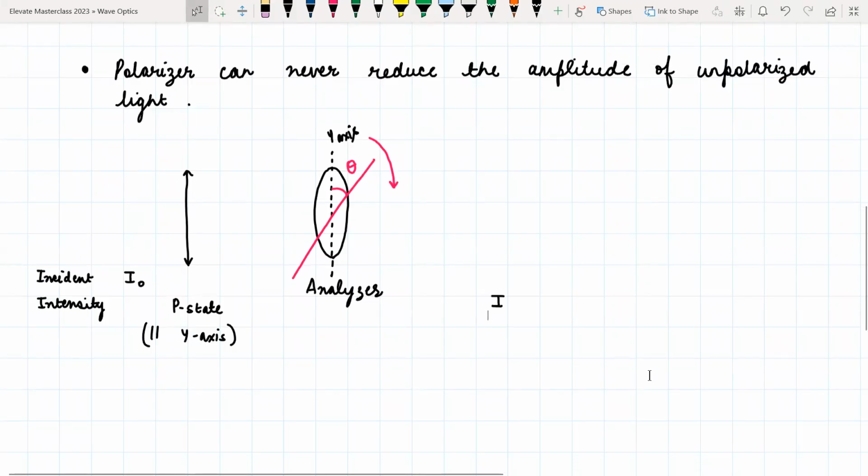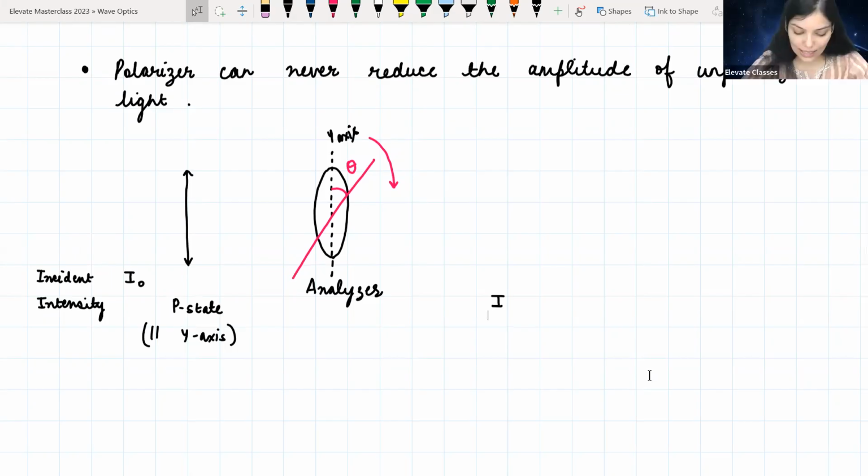Yes. The pass axis is in the pink. The pass axis is pink, so it is still in the xy plane. Okay, so this is my x axis. It is still inside the xy plane, but I have just rotated. I'm not rotating in z. So I've just rotated in the xy plane only, so that it makes an angle theta with respect to the